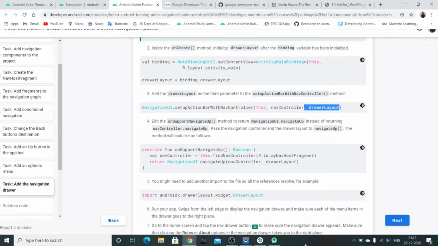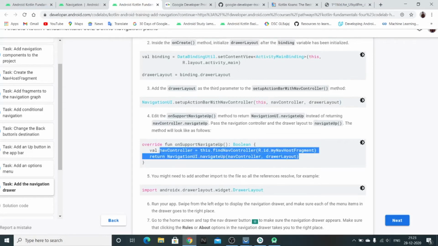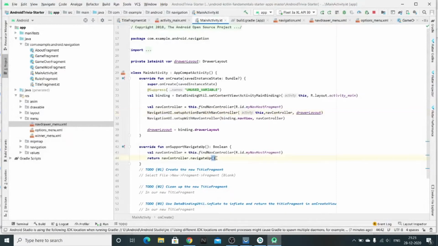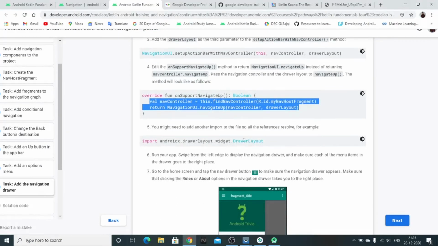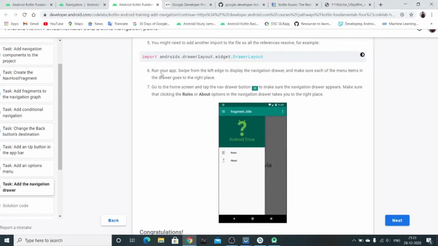We need to change some code in the back button, passing the navigation controller. Let's just copy it from here. Here you can see that we are just returning our drawer layout. That was just one parameter we need to add, and something we needed to import that Android Studio has already done for us. And now when we rerun our app, we will see a drawer also.